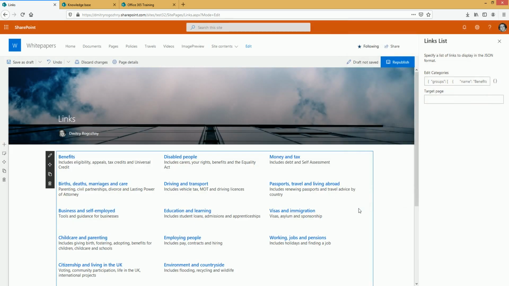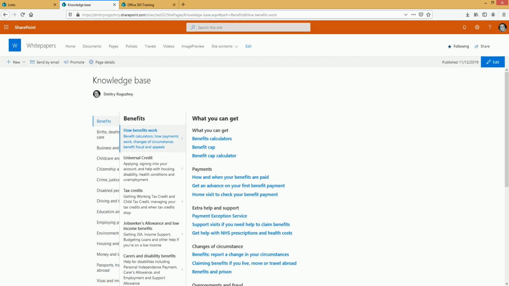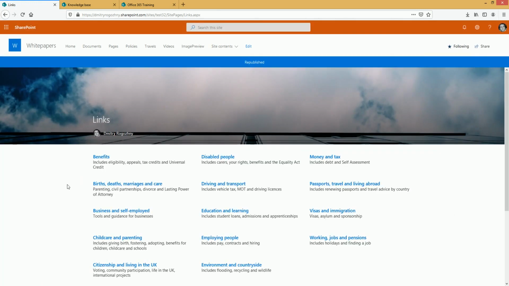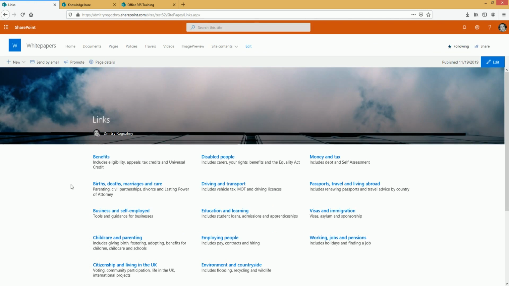As we only render the root level for categories, we don't have to specify all the structure. And in addition to categories, we need to provide a target page. So that will be the page that we will redirect users to on click. And for this one, I will use this knowledge base page. I will copy this link and I will paste it here. Okay, now we're ready. I can republish the page,